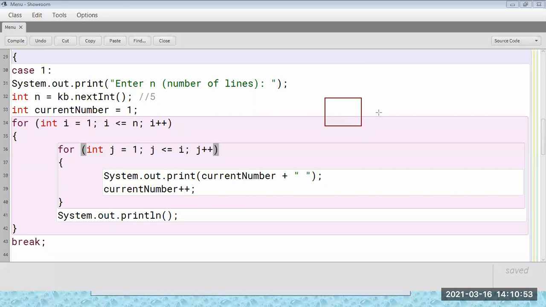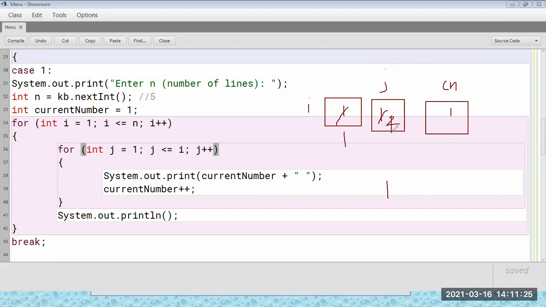So let's take 3 values. You can take this as I, this as J, and this is our current number. I'm just writing CL. So when I is 1, J is also 1. So current number is 1, and 1 will get printed. Then when J increases to 2, the loop will break, it will come out, and it will start again from 1.